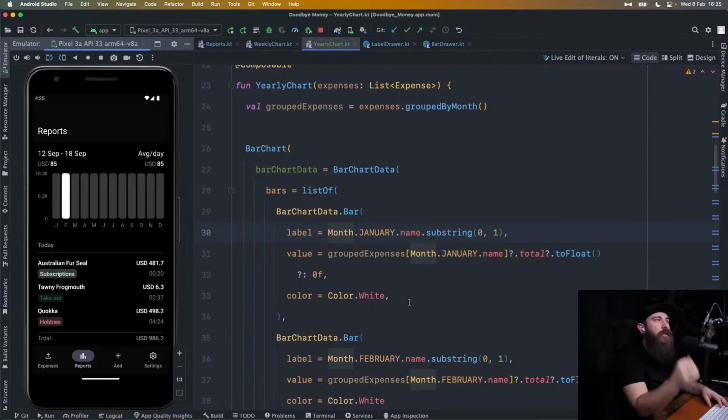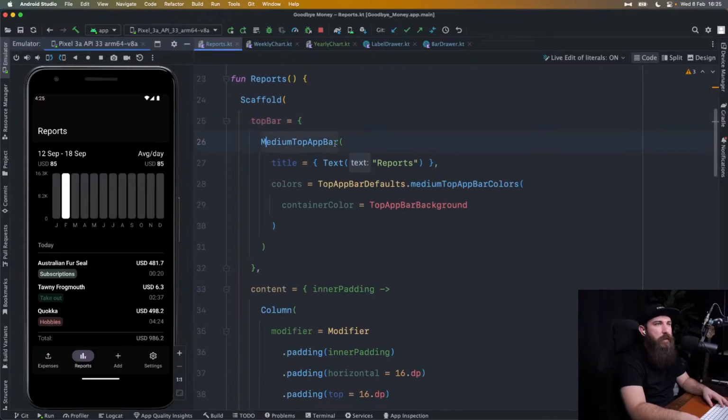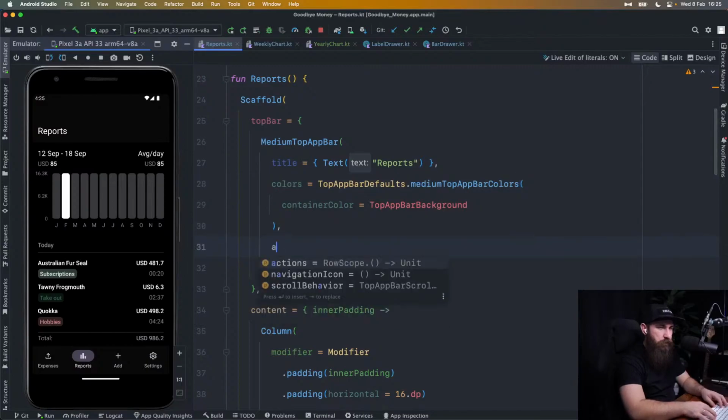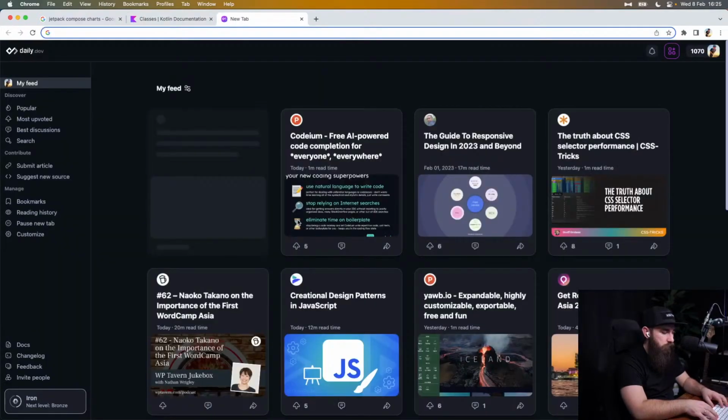So now we are actually ready to implement the switcher, the recurrent switcher in the top bar. Let's actually do that. So we got the top bar, title, colors, actions. We need one icon button. The icon should look, I don't know, like a calendar type of icon. Let's go and pull it. So we'll do